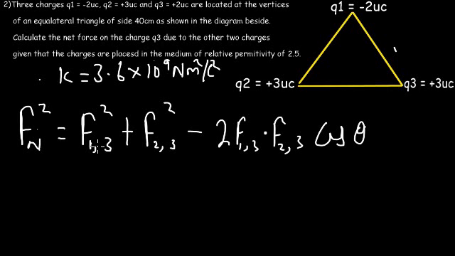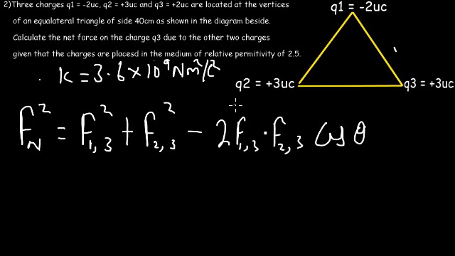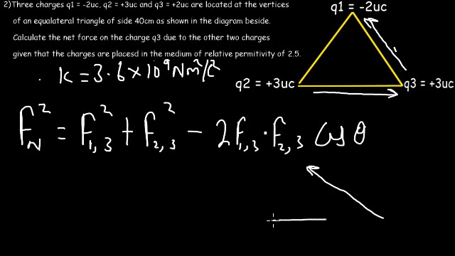But I said at the beginning of this video that if those two forces make an angle with each other, then this will be their net force. Why do they make an angle with each other? You can see that f sub 1,3 is directed in this direction, and f sub 2,3 is directed in that direction. We'll observe that if we bring those force vectors out, it tends to look like this,